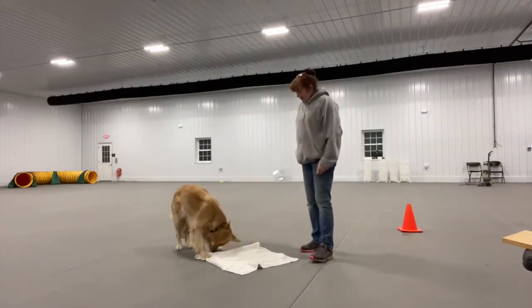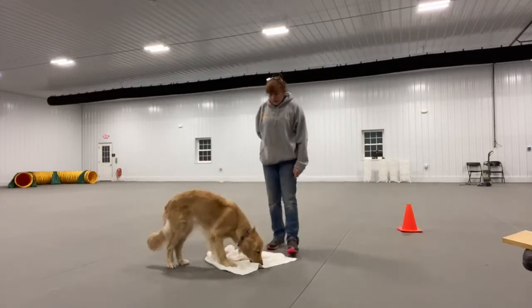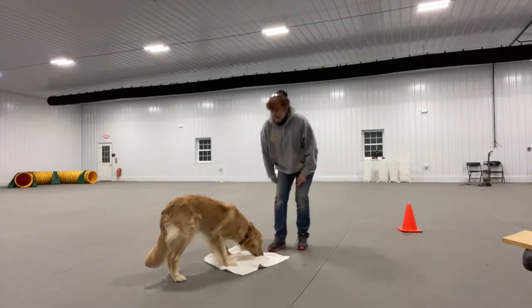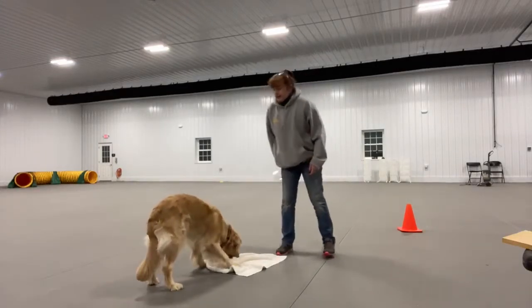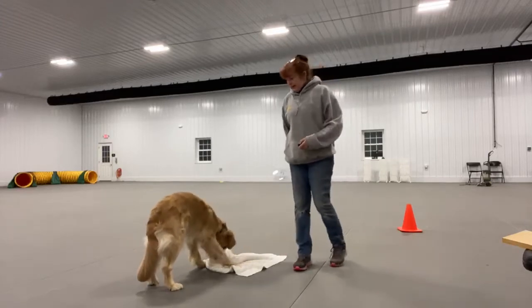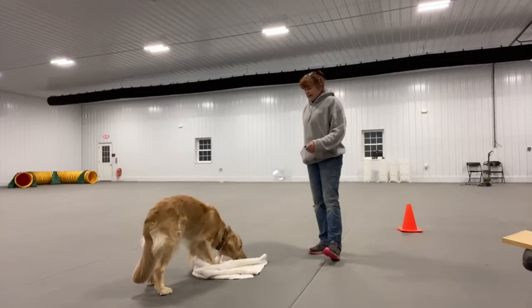Good girl. Ready? She gets stuck in nose hunting, so you don't want to do more than 1 or 2 reps. Scratch. Nice. Jossie, scratch. Good. So you can see she's beginning to put that piece together. All right, once you're getting strong scratching behavior, you can start to, yeah, scratch, scratch,